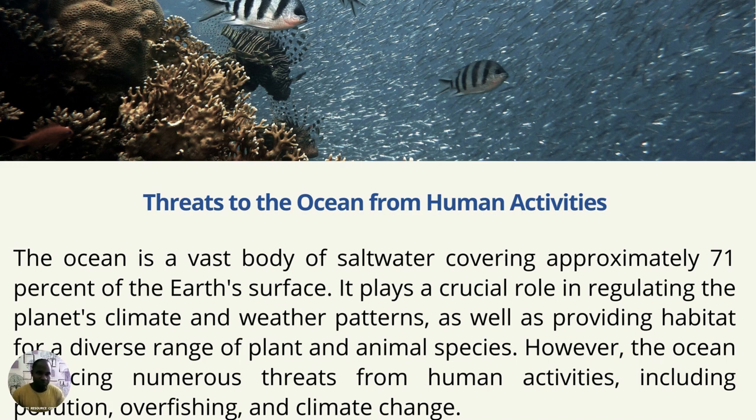Now let's read. Threats to the ocean from human activities. The ocean is a vast body of salt water covering approximately 71% of the Earth's surface. It plays a crucial role in regulating the planet's climate and weather patterns, as well as providing habitat for a diverse range of plant and animal species. However, the ocean is facing numerous threats from human activities, including pollution, overfishing, and climate change. Now, the question is,